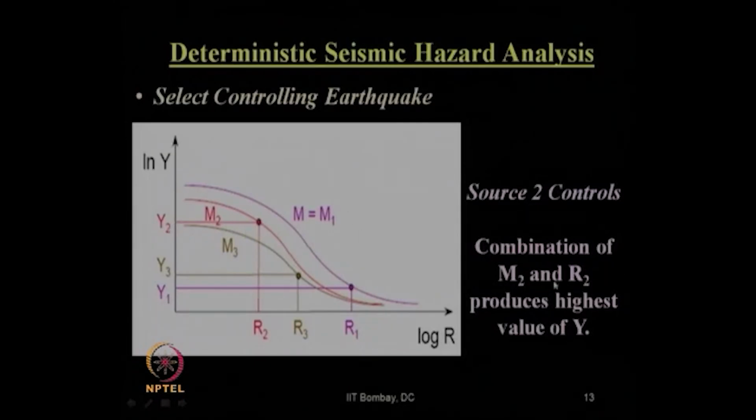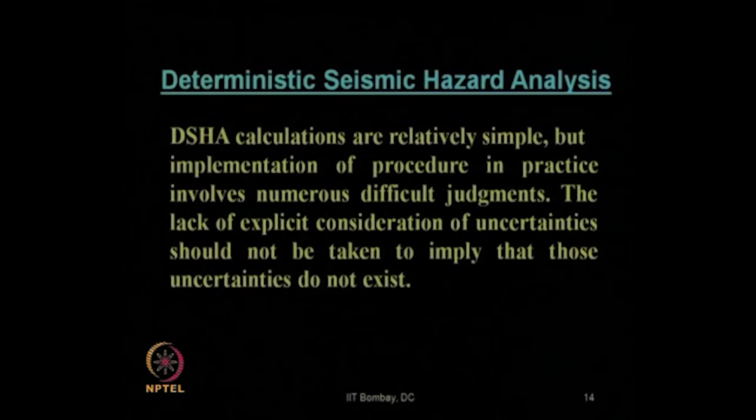So, the combination of M2 and R2 produces the highest value of Y. That is the final result of our deterministic seismic hazard analysis. We have seen the various features of DSHA: the calculations are relatively simple, as we have seen, but